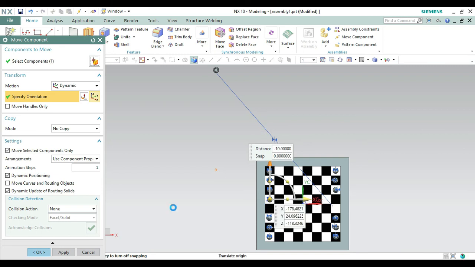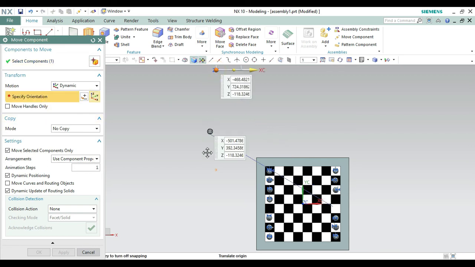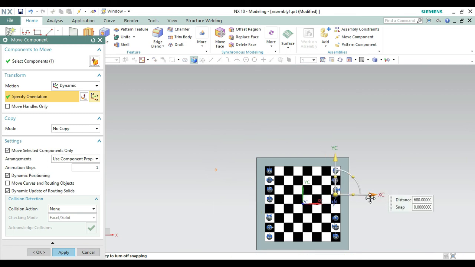Let's see. Okay, and make it okay from here, and then again selecting this one, and let's drag it first. Now drag it to X position. Let's drag it in the Y position.